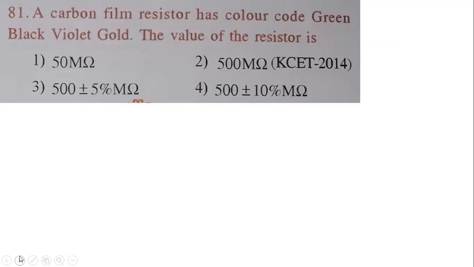So the main purpose of using color code is what now? It is difficult to mention the value of the resistor on the resistor itself, on its surface, because these carbon resistors are very small in size. So we adopted a new convention of writing a color code on that. Color bands, different bands of colors. We have given some name for values for each and every band, and there are some rules. So with this we can find out.